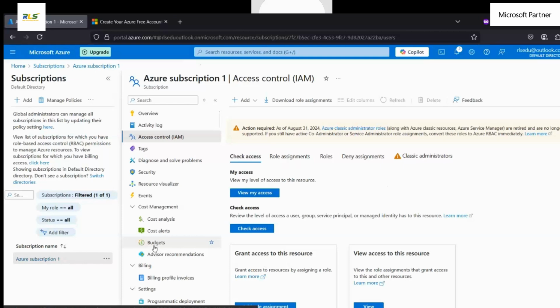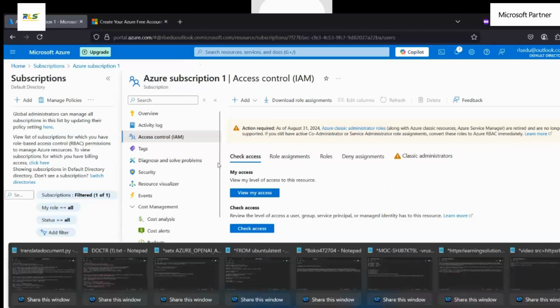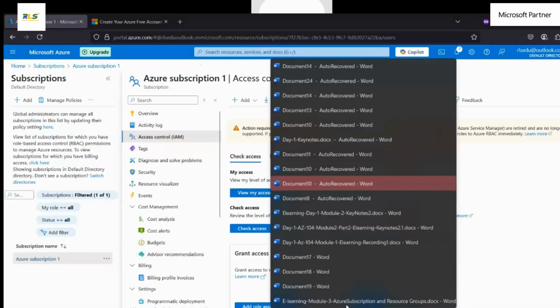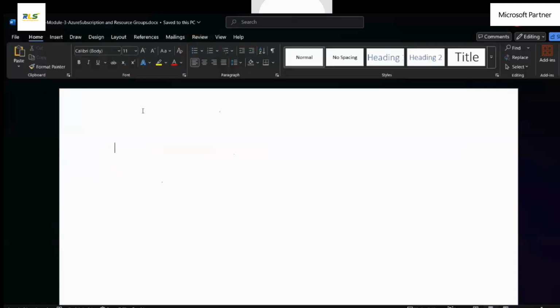Now what we are going to do, we are going to write the keynotes about the operations of Azure subscription. Once we have finished this, we will discuss the next component called resource group and region. Let's go ahead and write the keynotes about these Azure subscriptions. So, Azure subscription,